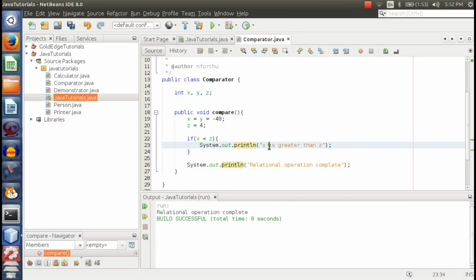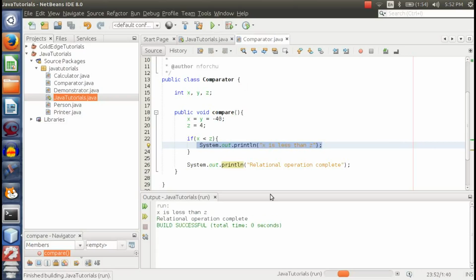x is less than z. Since x is minus 40, is minus 40 less than 4? That is true. So we get inside here, and if we run the code, we should see x is less than z printed out. Now, if we decide to make this